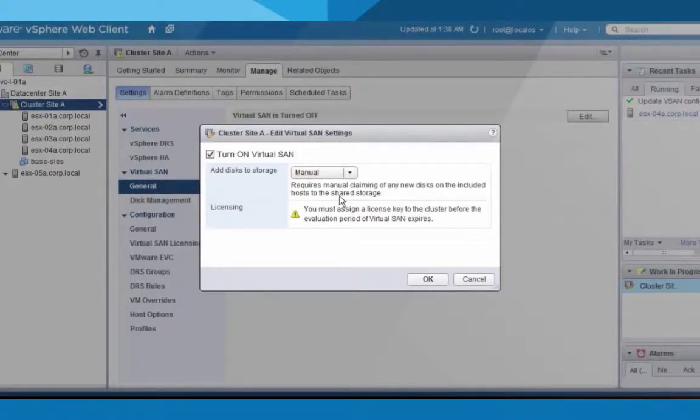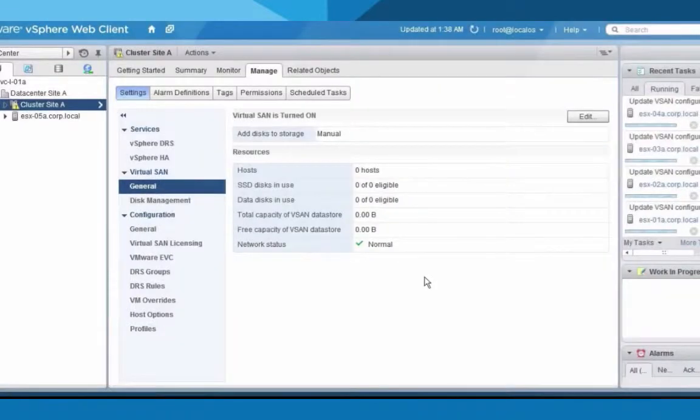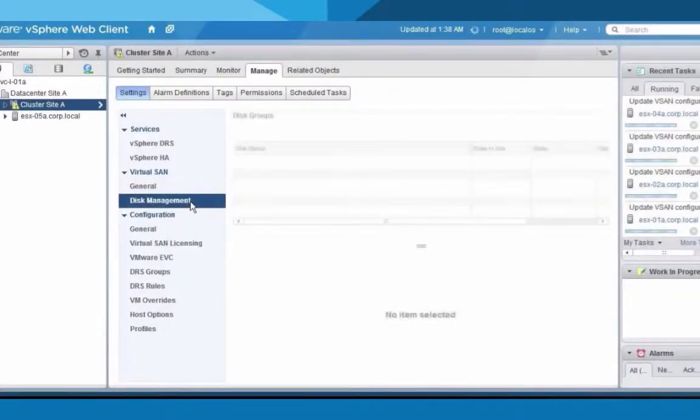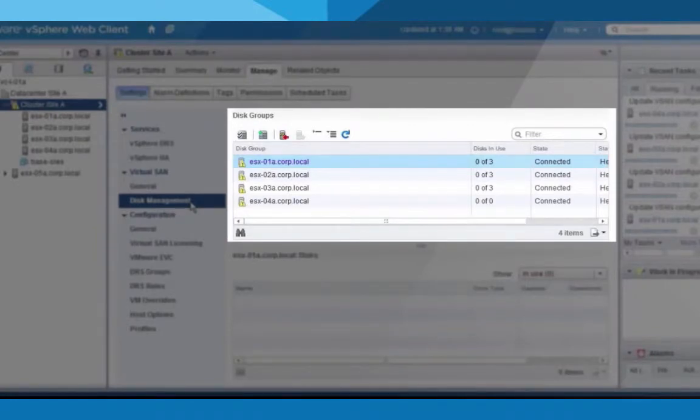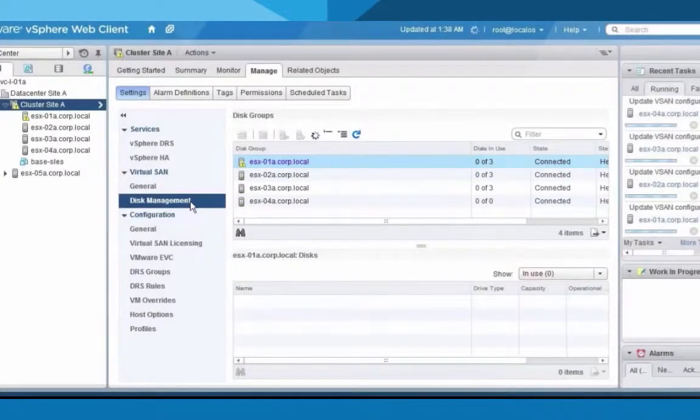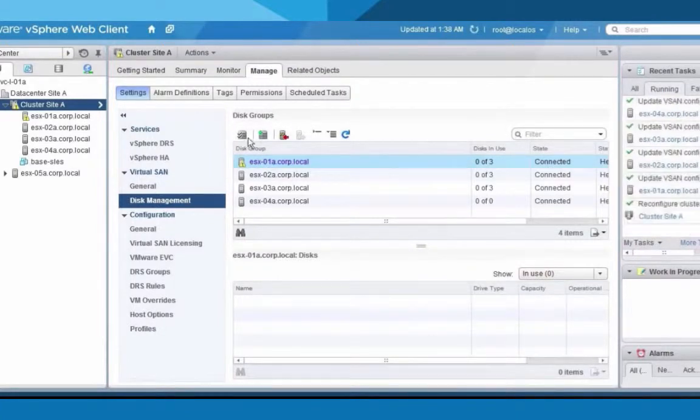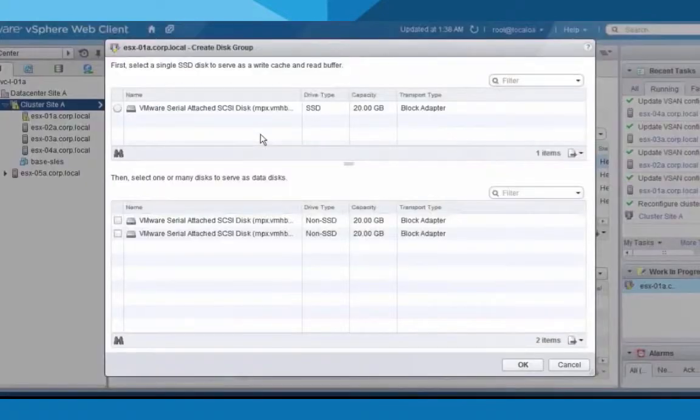Manual is going to mean that every host is going to have its disks manually claimed. There's lots of reasons or configurations where you might want to do it. Today we're going to do manual just so you can kind of see what the process looks like. We select the first host inside of the virtual SAN cluster, and then we're going to go in to create